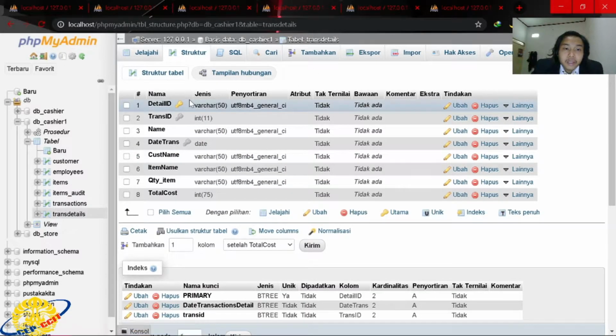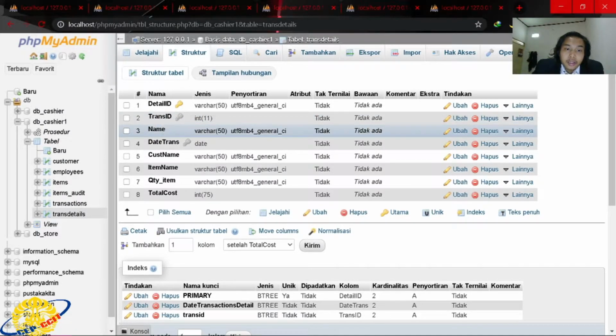Okay, the last main table is table trans detail. First is detail ID, primary key, varchar 50, and second is trans ID, foreign key from the transaction, integer 11. Third is name of customer and name of employee.